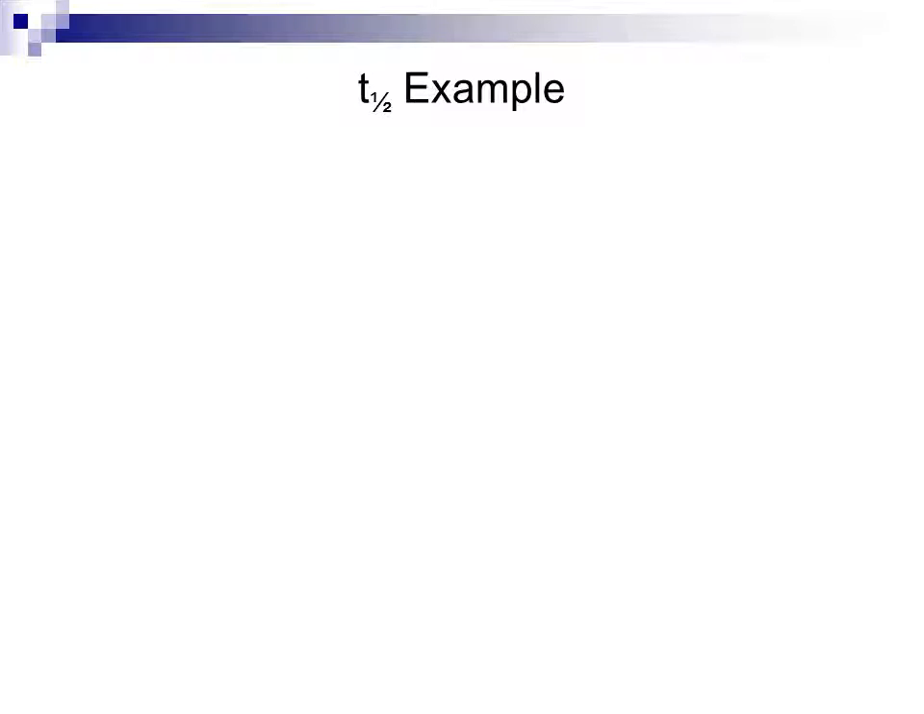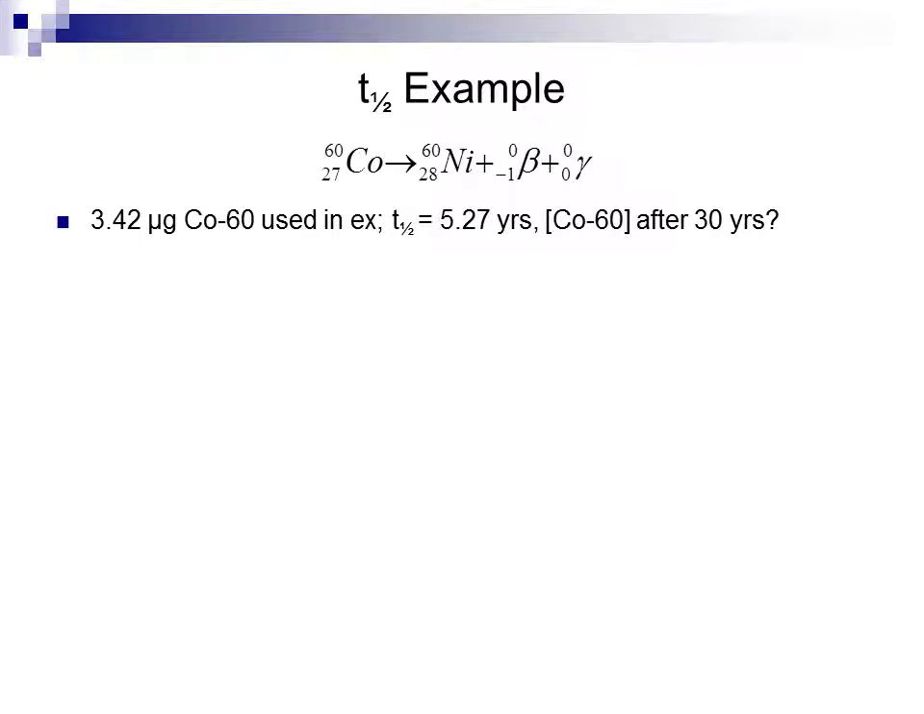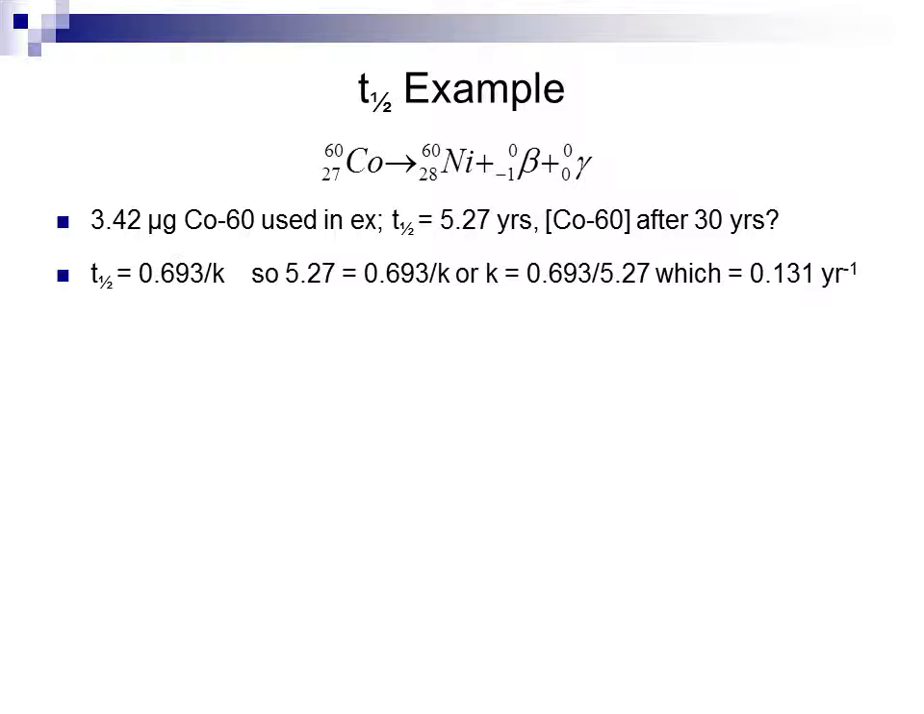So looking at the calculation for the half-life, from this equation, I can calculate how much cobalt-60 is remaining after a certain period of time. If I, for instance, begin with 3.42 micrograms of cobalt-60, after 30 years, I can determine how much cobalt-60 remains. I start off by looking at my half-life equation and solving for the K value. 5.27 is the half-life, which is equal to the other half of the equation, 0.693 over K. Reversing that, we can have the K value equal to 0.693 over 5.27, which comes out to 0.131